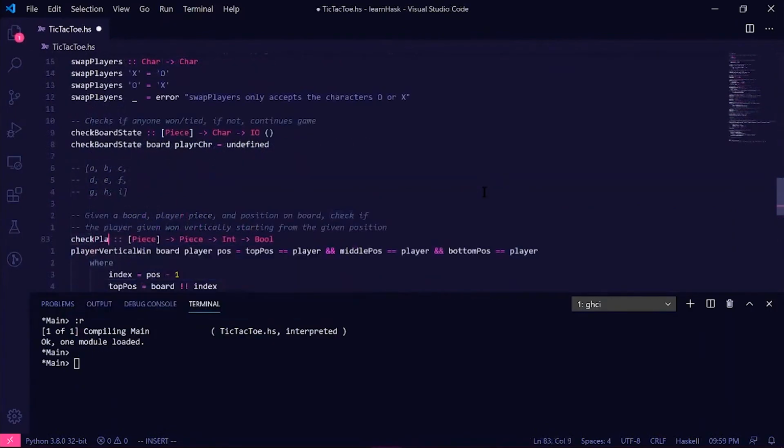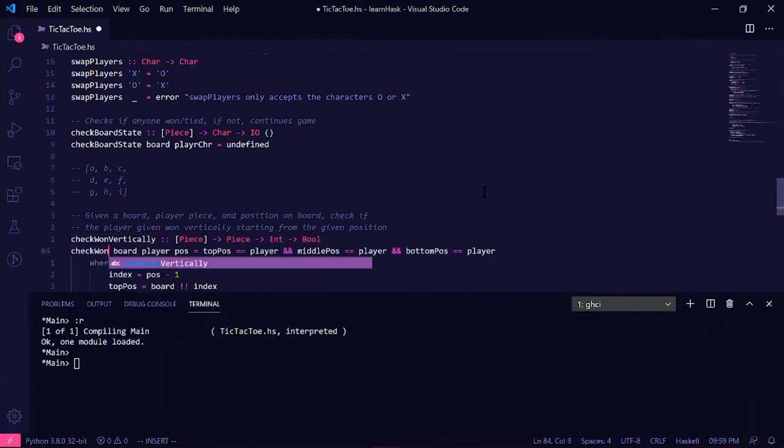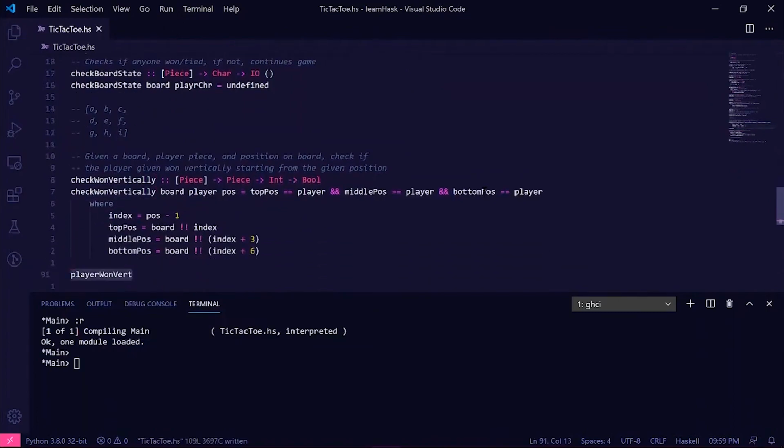Check player check one vertically. Check 1 vertically. Player 1 vertically. If the player 1 vertically, board player, this means that either the player 1, check 1 vertically, board,